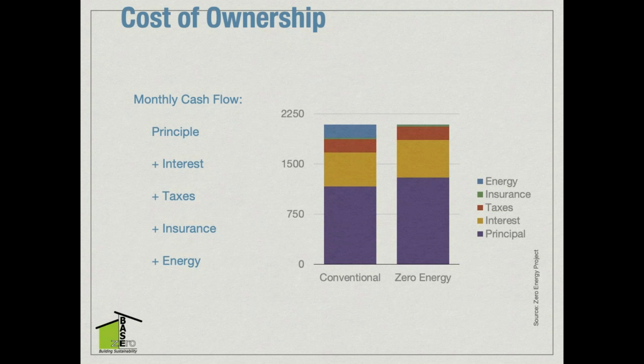So without changing the overall monthly expenditure that we have for living in a home, we can have a home that's zero energy. And this kind of idea isn't anything new. In fact, you probably aren't going to learn much new in this whole hour, but I hope that we are able to put it in a context that says, yes, we do have the capability today of making every home